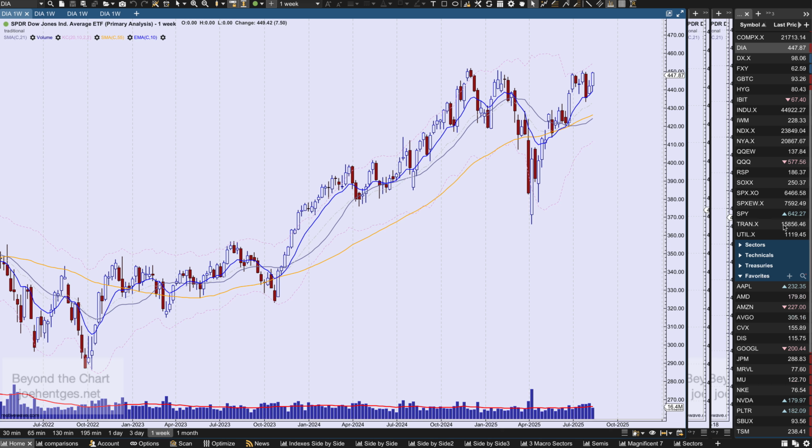So what I'm going to do is let's just start off here with the Dow Diamonds, and he was talking about the weekly patterns. Okay, so here's where we sit with the weekly pattern. This week right now is not complete yet. That's the week that we're currently in. We still have 2 more days of trading. I do not see a megaphone, what I call a broadening top type pattern that I typically like to see. I'm just not seeing it in the Dow Industrials.